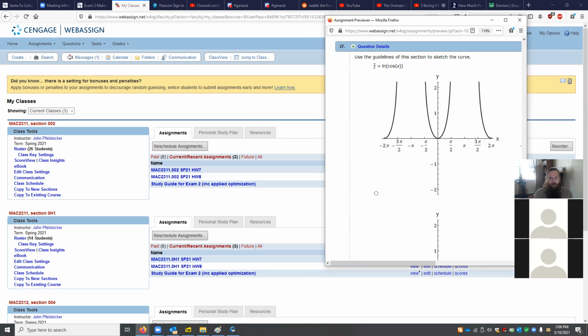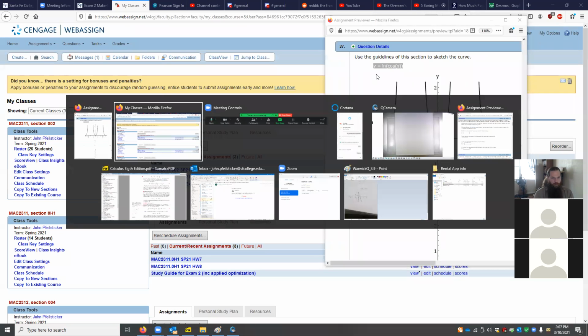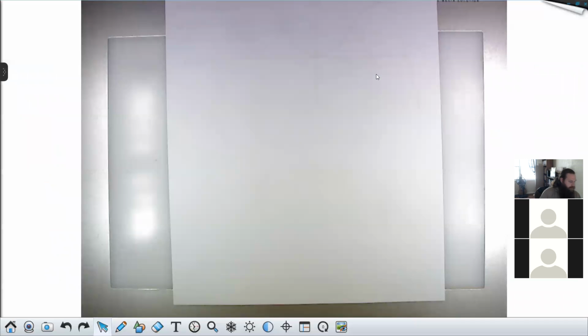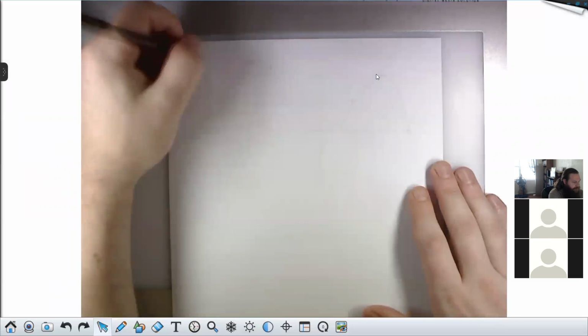So you're going to start by finding the domain. You're going to try to find any intercepts. You're going to identify any symmetries and asymptotes. And for this function, this is not a polynomial. This has a lot of that stuff. So I can give you a little bit of a start here. If y is the natural log of cos x,